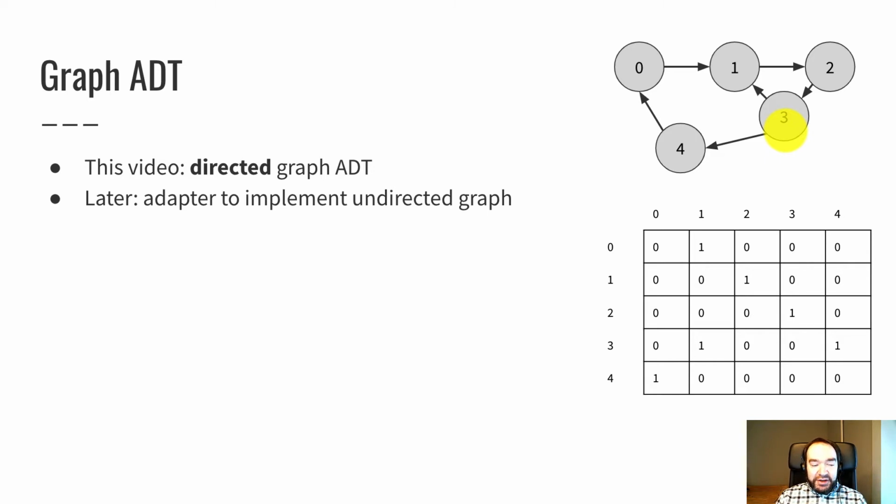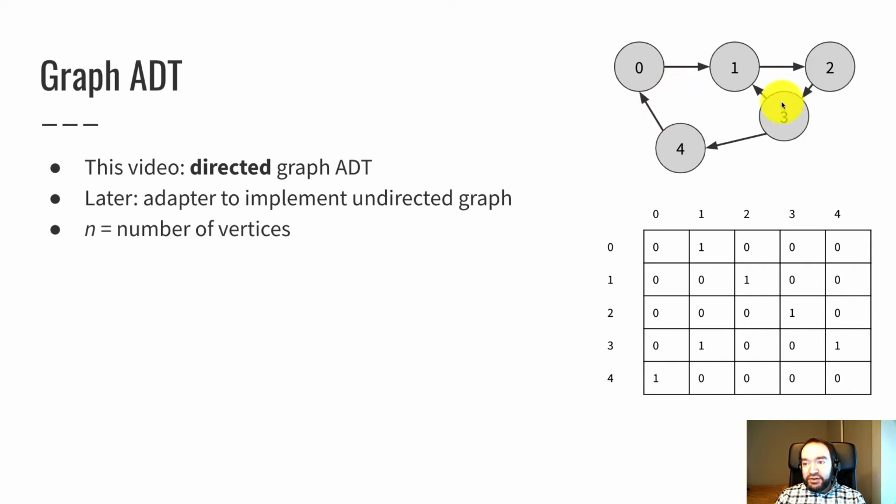There's a similar situation here. We're going to define the directed graph abstract data type. That's a graph with these arrow one-way directed edges, and see two competing data structures for directed graphs. Once we do all that, we'll see that it's easy to adapt a directed graph data structure to become an undirected graph data structure.